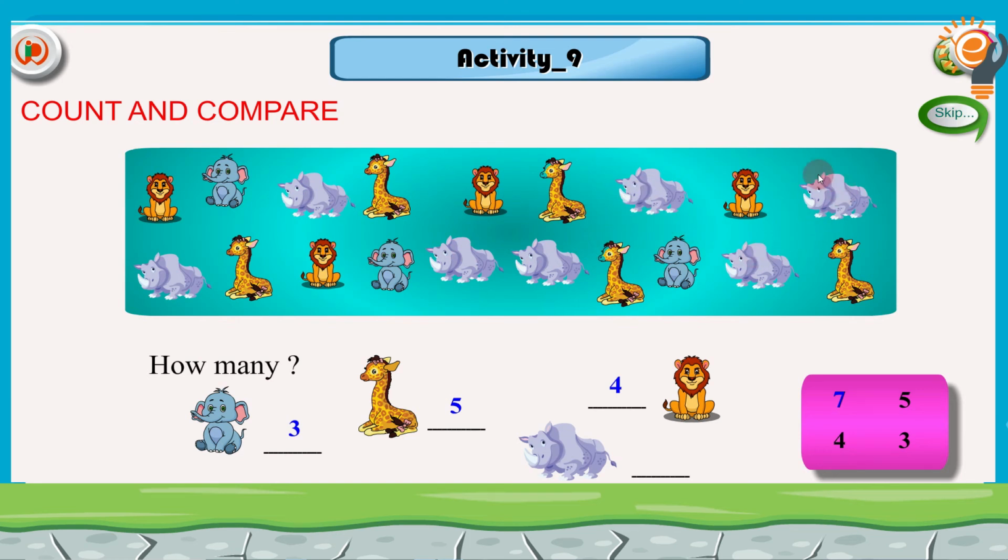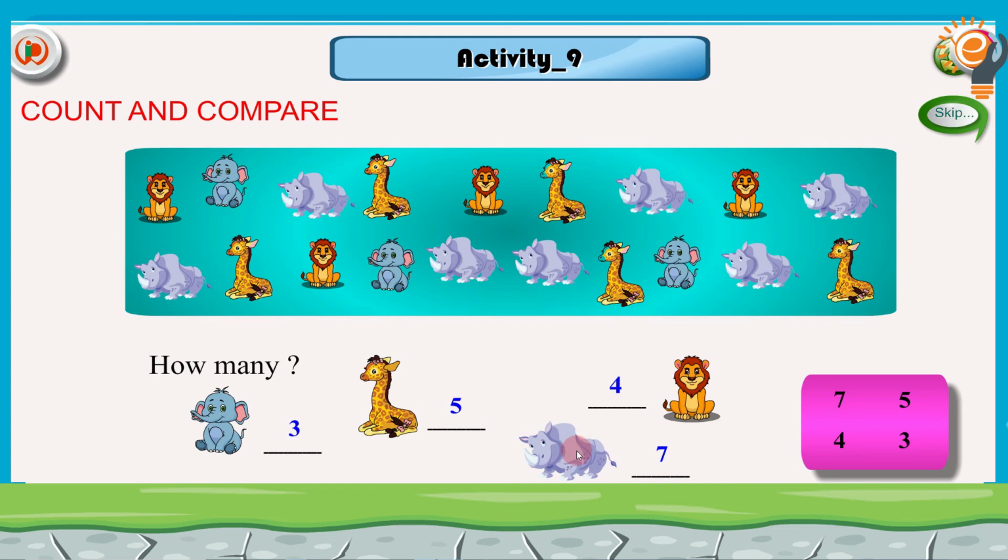So there are 7 rhinoceros. We will write number 7 for the rhinoceros. Now you can see there are 3 elephants, 5 giraffes, 4 lions and 7 rhinoceros.